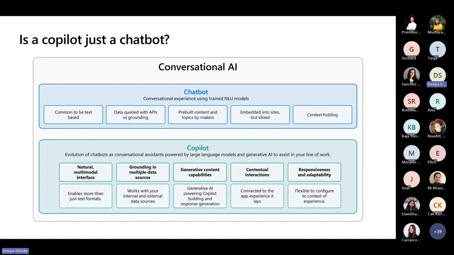So it's no longer about asking questions. It is about asking questions, giving answers, and then taking an action on top of what the user needs. So that's what Copilot is. So every time I'm going to say Copilot, or during your design thinking sessions as well, when you come up with a chatbot that needs to take more action, is more generative, AI driven, it's basically going to be Copilot.